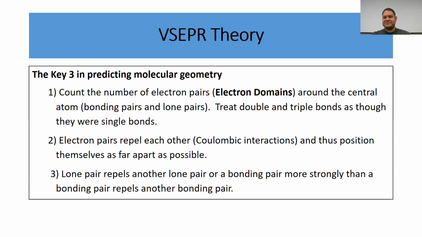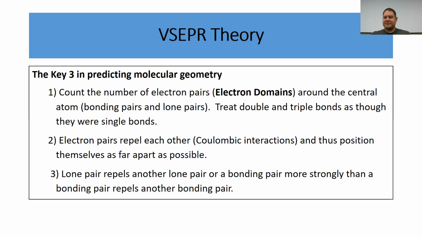So what we need to do is spread out the domains at large enough angles to create a separation of those domains as far away from each other as possible. By separating those domains so they're as far apart, we're going to create the correct molecular geometry. The third thing that's really important is to understand that lone pairs require more space than bonding pairs, which